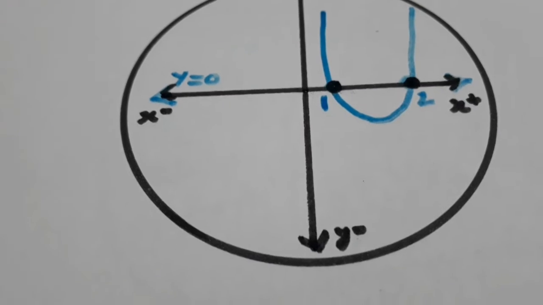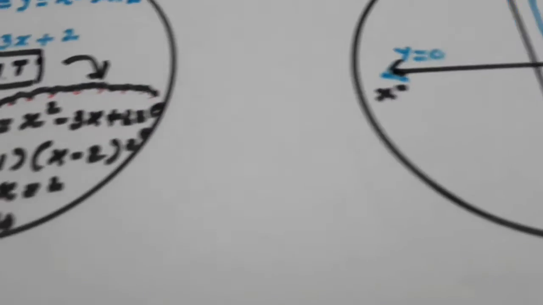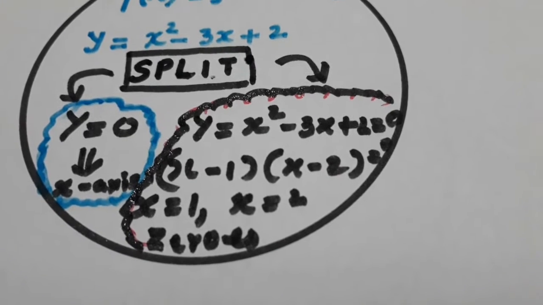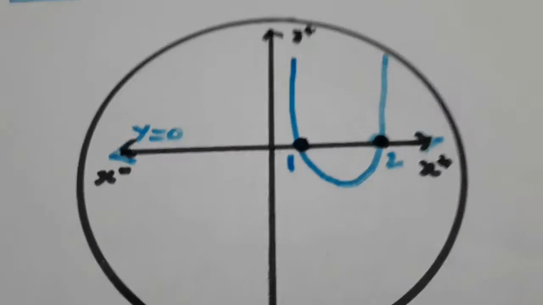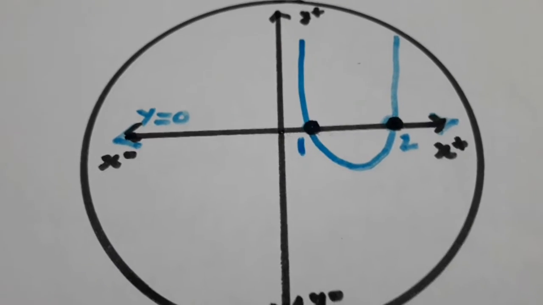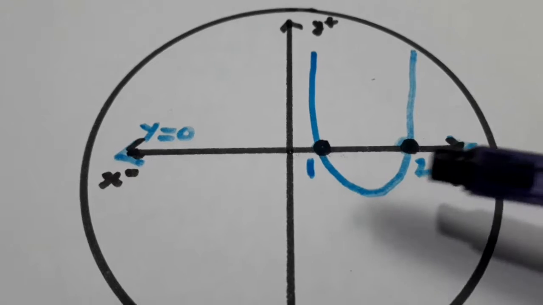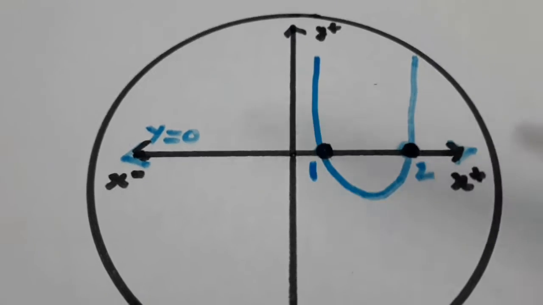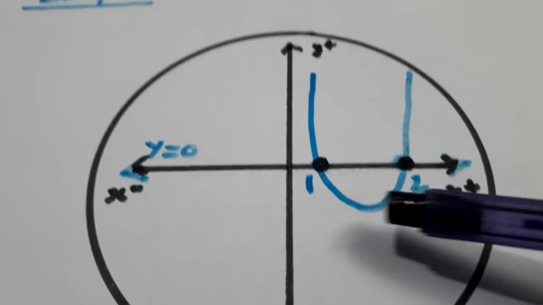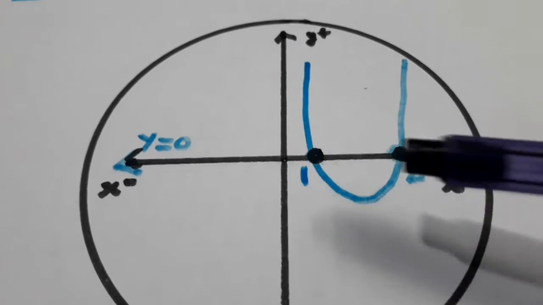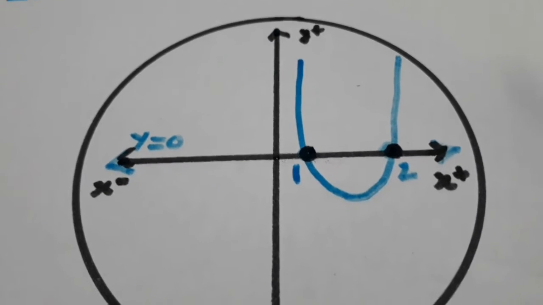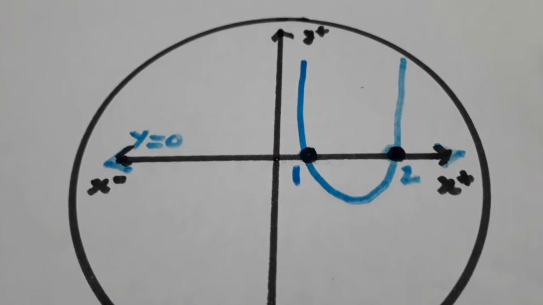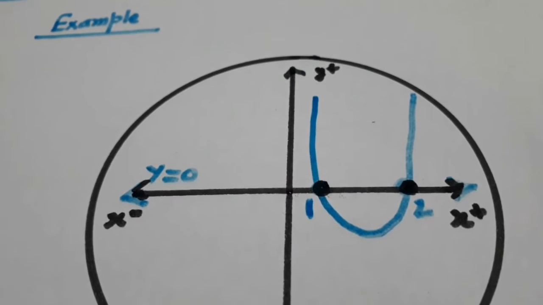Now it is cutting the x-axis. You see y equal to 0. Look here, we had taken y equal to 0 and x is equal to 1, x is equal to 2. Y equal to 0, I told you, is the x-axis. This is the x-axis. So you need one x-axis and the other is the curve. The 2 degree curve, which means a parabolic curve, is here. It is intersecting the x-axis at 1 and 2. These are known as the zeros of the polynomial.